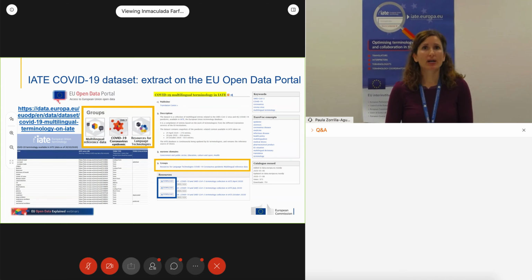This static extract, which contains two collections managed by the Commission and the Council, is updated regularly, since the collections are growing constantly. So we invite all users to consult the full entries in IATE directly for the latest data and the multilingual versions.